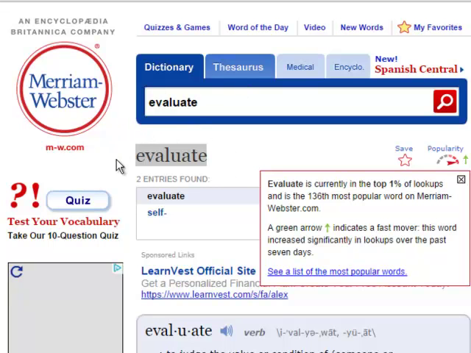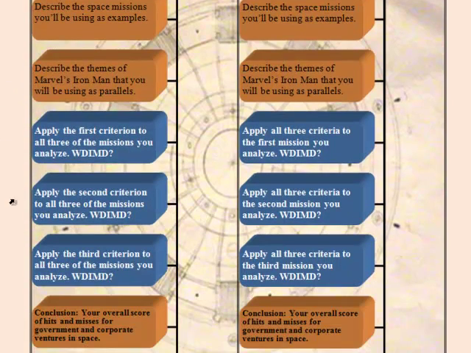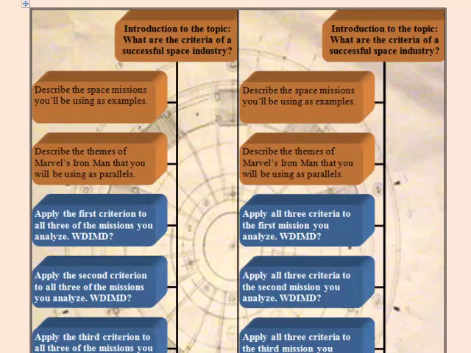The root of the word evaluate is simply value. This is because evaluations are supposed to give the value of something by giving point-by-point details and then concluding by counting the successes and the failures. In order to determine what's a success and what's a failure, the evaluation must have criteria by which to judge